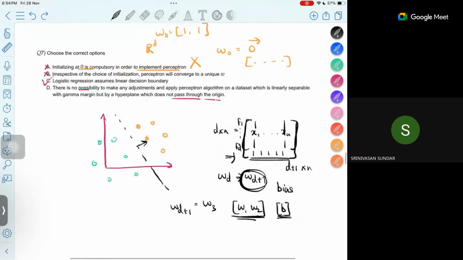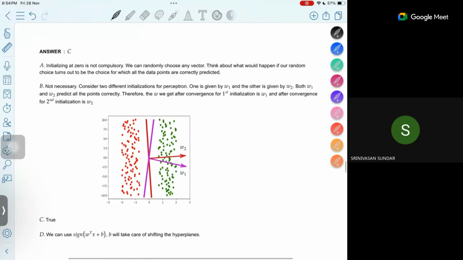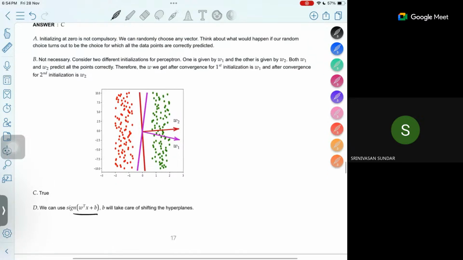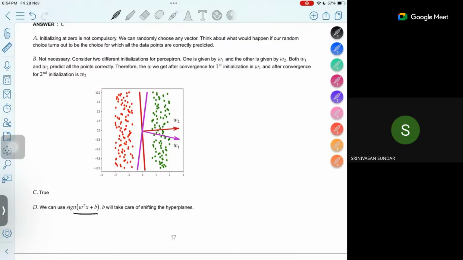So actually only the third option is correct. All the other options are incorrect. Yeah, so they have just said we can use W transpose X plus B. Okay, now